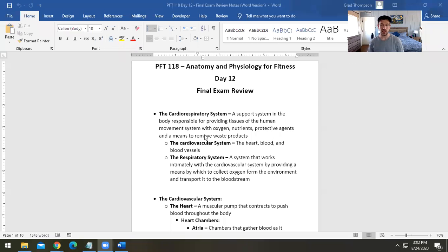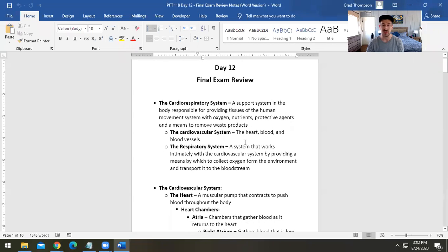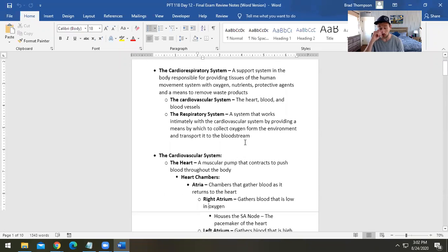Okay, so we are looking at our day 12 final exam review here for PFT 118. So we're going to go a little bit over the cardiorespiratory system into our digestive system, which will allow us to talk a little bit about nutrition, and we'll finally end everything up with a little bit of information on metabolism. So our cardiorespiratory system, right, is going to be a support system that sort of provides fuel for